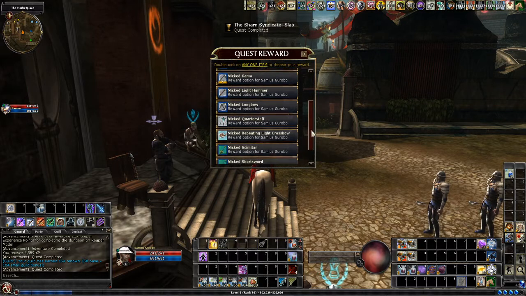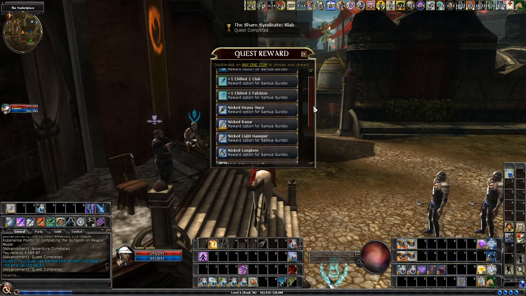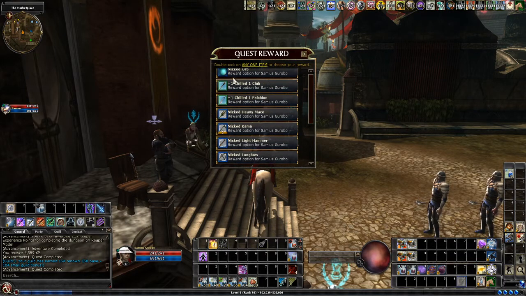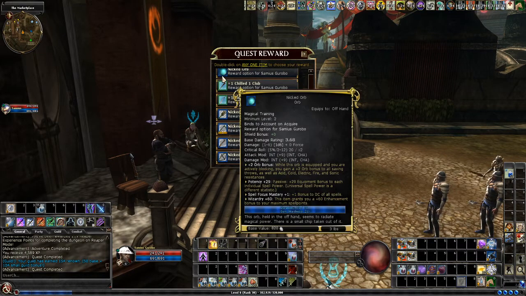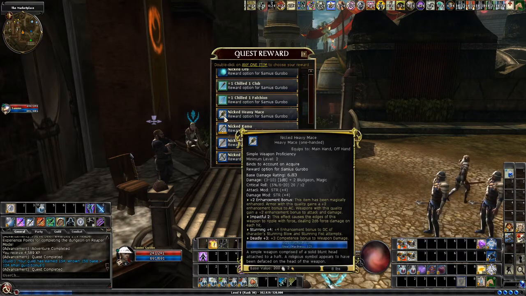We got a couple of good ones. A couple of real good ones, actually. Wow, all of them are good. Alright, we got the Nicked Orb. The Nicked Orb is excellent for the level. If you don't have a Nicked Orb and you're looking at playing some sort of caster, you might consider grabbing it. The Nicked Heavy Mace is excellent for